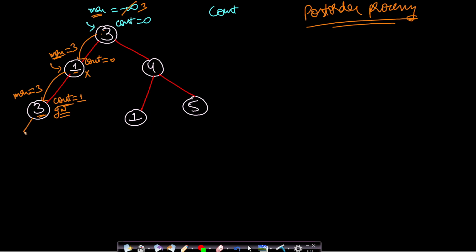Now you will try to make the left call, but there is no node, so it will not be able to make that call. You will try to make the right call, there will be no node and you will not be able to make that call. So it will also return 0. So the number of good nodes from the left call and right call will be 0 plus 0, and the total will be 1. So this node will return 1 to the previous call, which is the count of good nodes in the